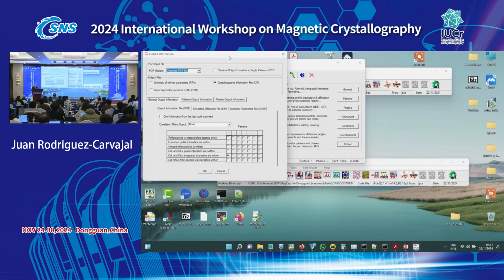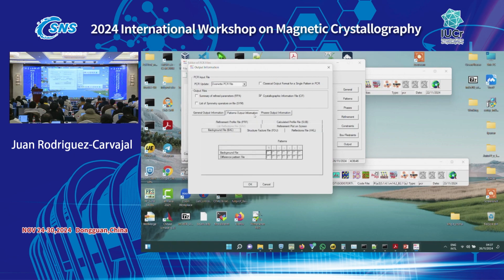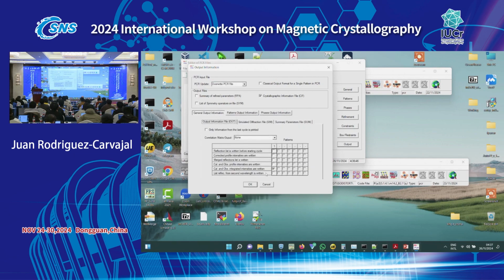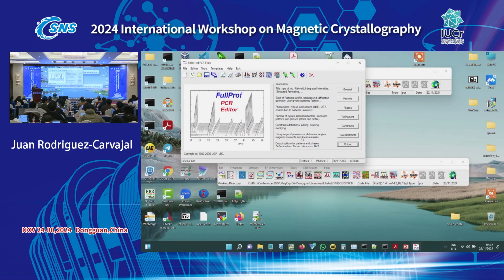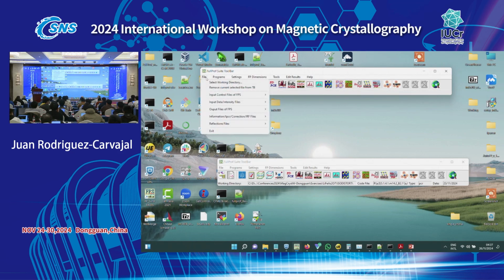You can, for instance, change the format of the PCR file. You can select many things in order to work. Well, in my case, it's not important. This is EDPCR. Other things, K-search, we will see that in the tutorials. K-search is looking for, let me just verify if I have already that.